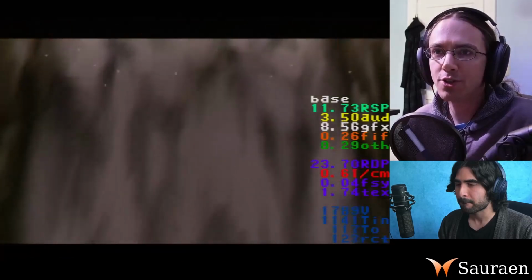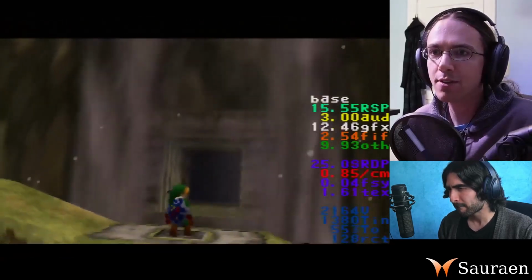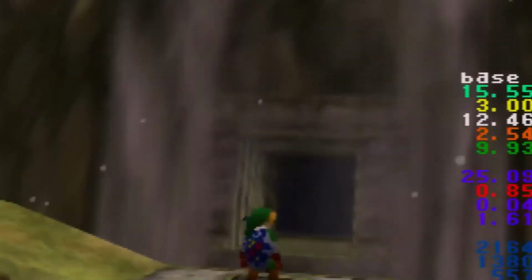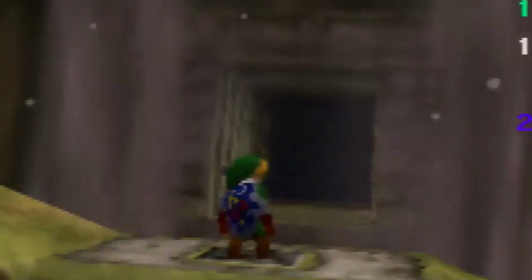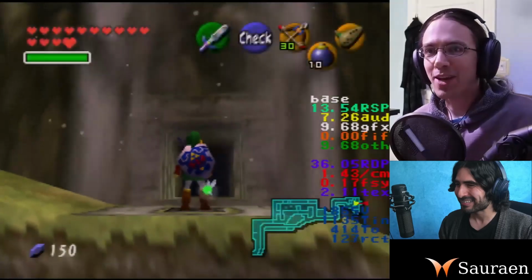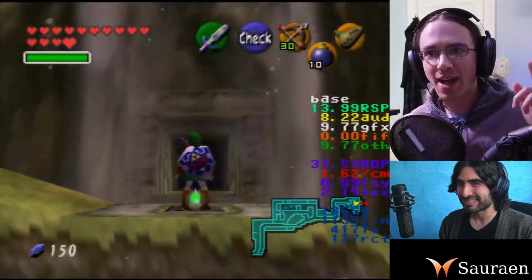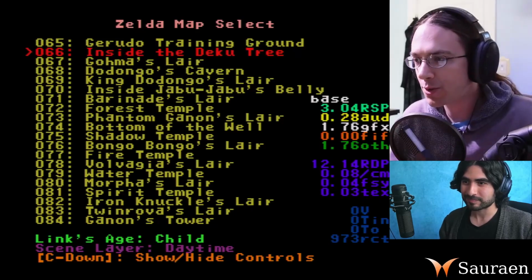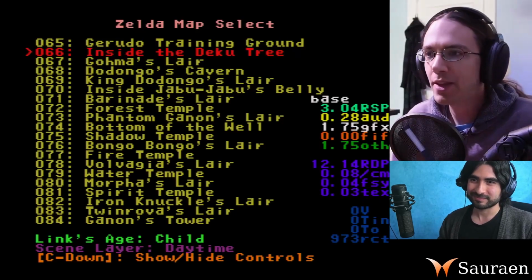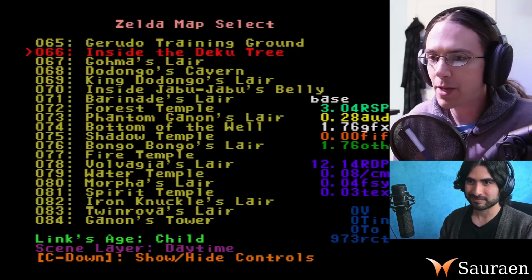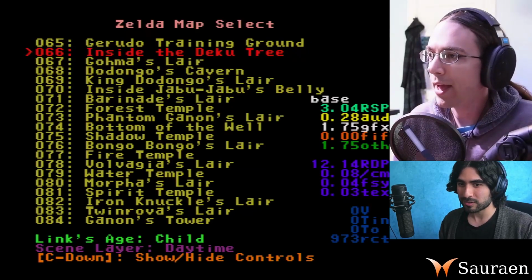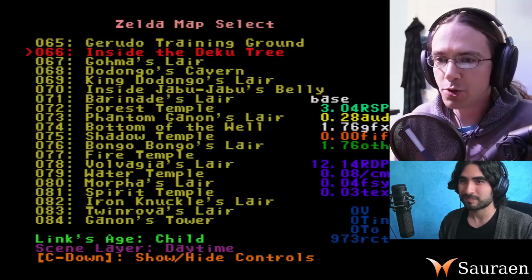So watch Adult Link very carefully here. Yes. Oh yeah, you can totally see he's crushed into the ground. Right? So, okay, so we want to find where that bug is. First of all, where are we going to find Zora's River? So what I want you to do is pull up a web browser, and go to